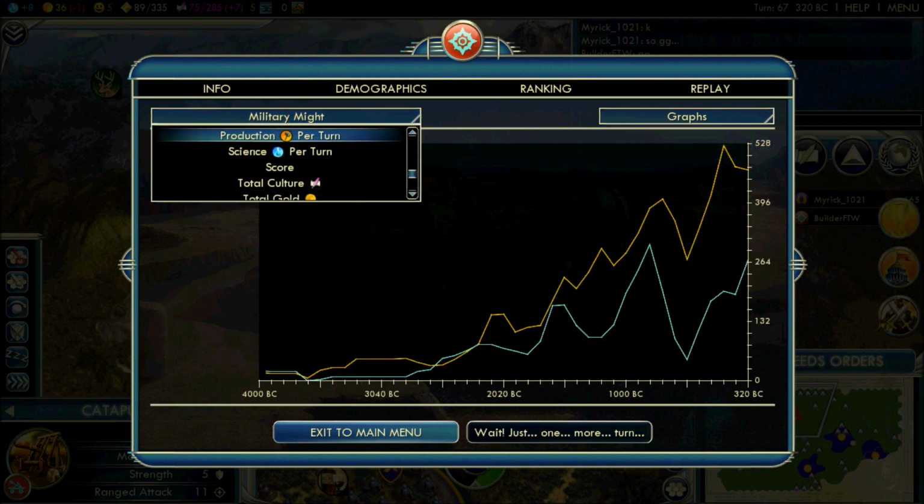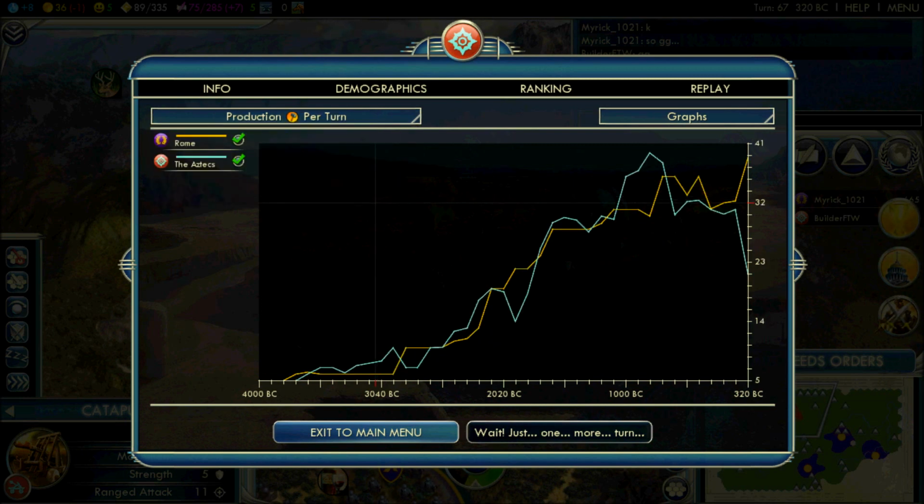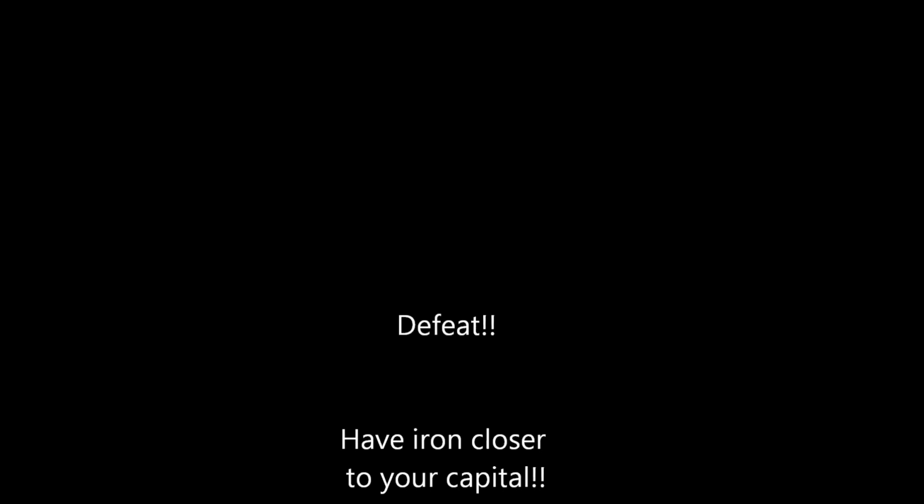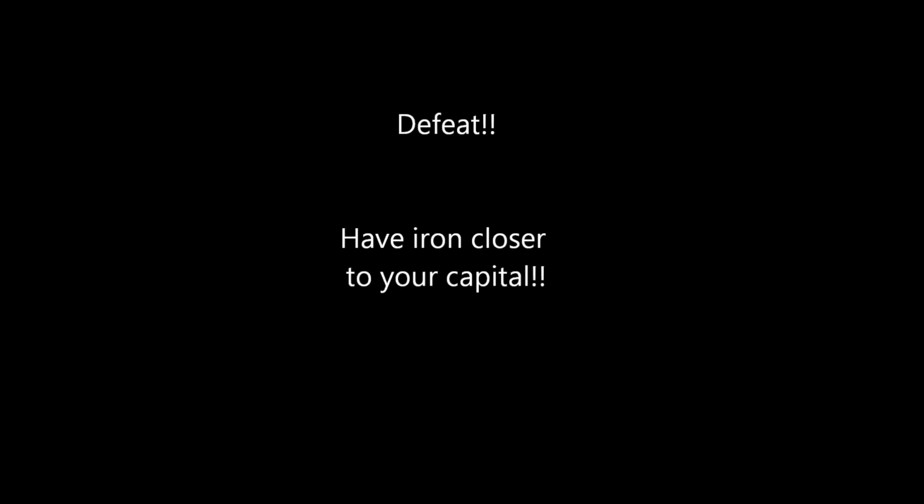I'm going to flip down to manufactured goods. I believe that's food return, I think, or something. There's manufactured goods. I was doing pretty decently, and especially up here at the end, I was actually a little bit ahead of him. So anyway, I lost. Thanks for watching. Yeah, try to have iron closer to your